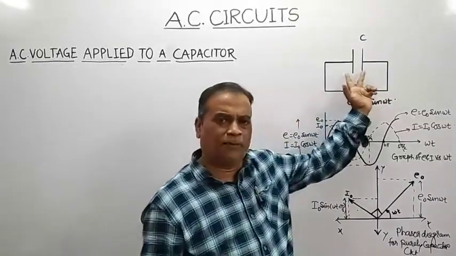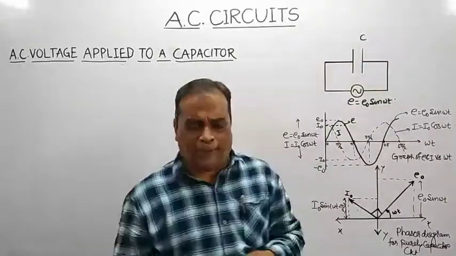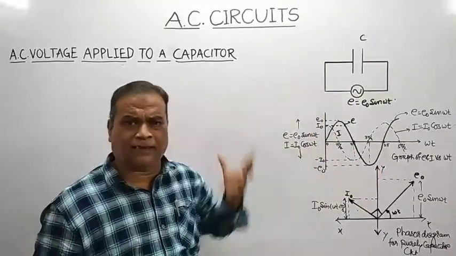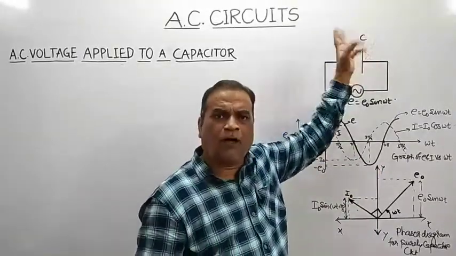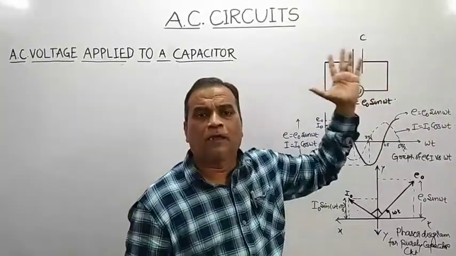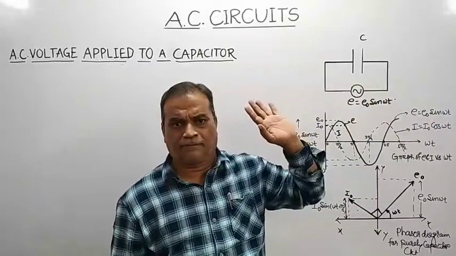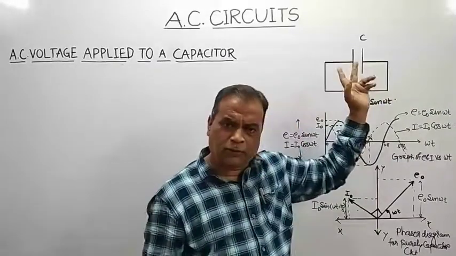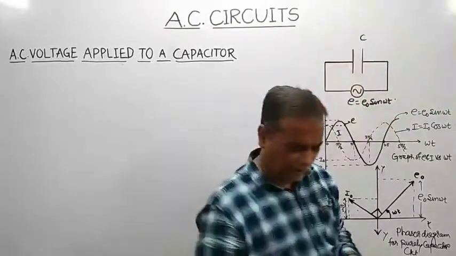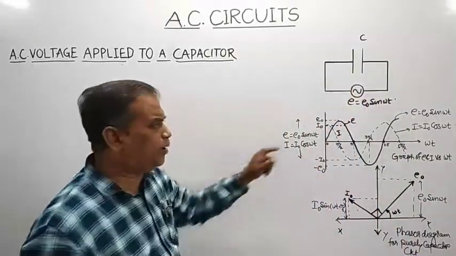Now you know the schematic symbol used to represent a component known as a capacitor. What is the function of a capacitor, also known as a condenser? A capacitor or condenser is a device which is used to store a large amount of electric charge at relatively low potential. A device which can store a large amount of electric charge at relatively low potential is called a capacitor.